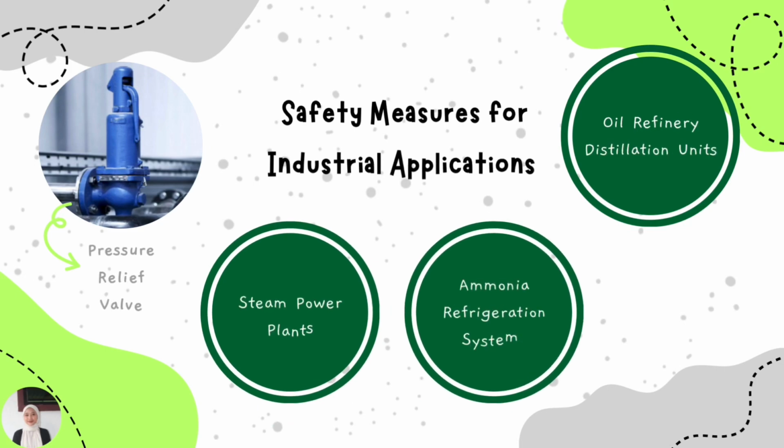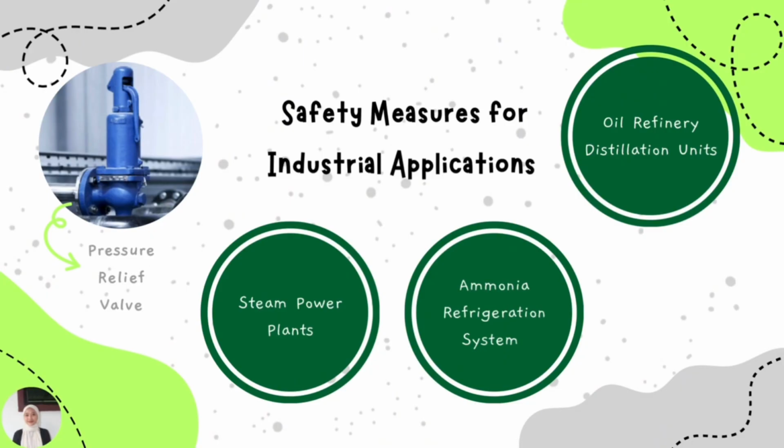So the next slide, which is the next question, is can you provide specific examples of how pressure relief valve and surge protection device will enhance safety in an industrial setting? So for the pressure relief valve, the first one is steam power plants. So PRV roles here to install on the boiler and steam line to release excess steam to maintain safe pressure